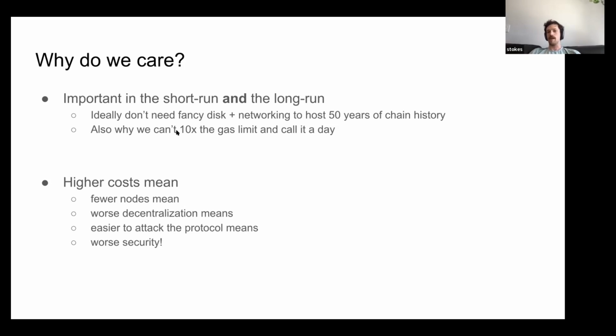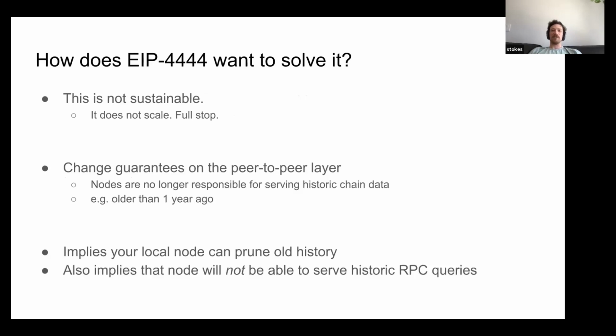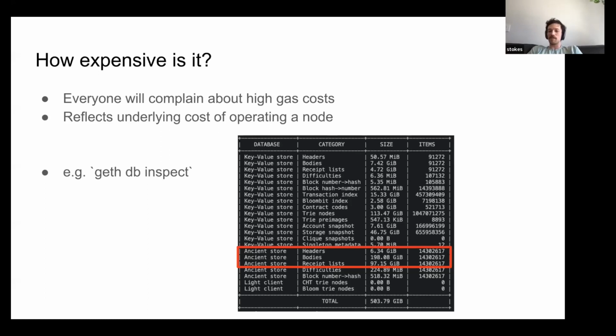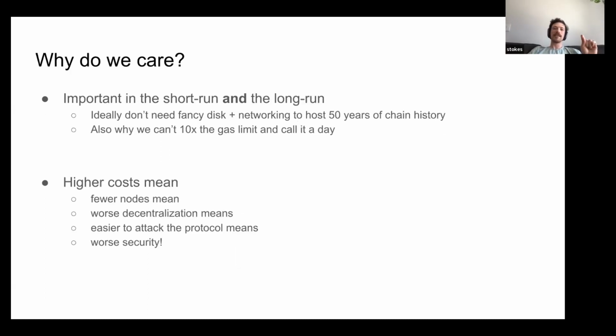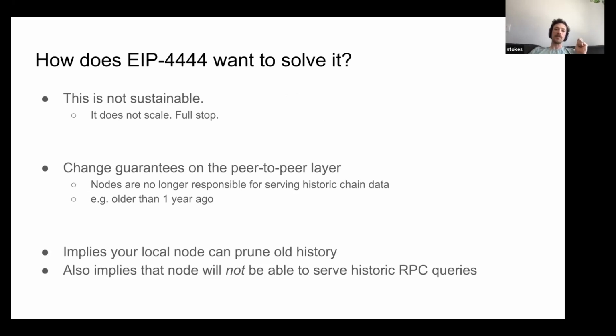And then also, by the way, this is the same reason we can't just 10x the gas limit. People will always ask for that. And it's just like, well, it's not that simple. Yeah, so 44 says, okay, it's already reasonably expensive to run a full node, right? And it's only going to get worse. That's actually really the important point. So this notion of just having the chain monotonically increase forever doesn't scale, full stop.